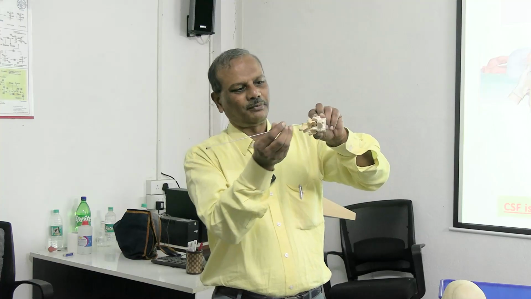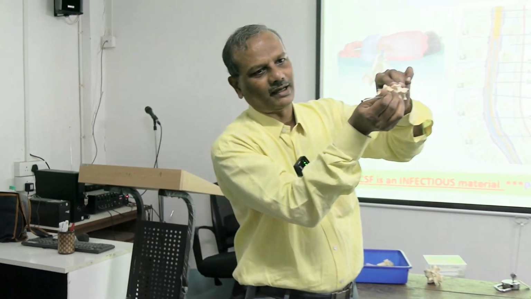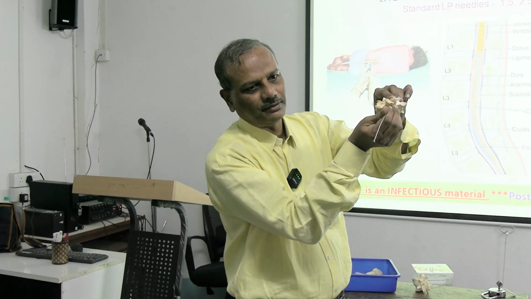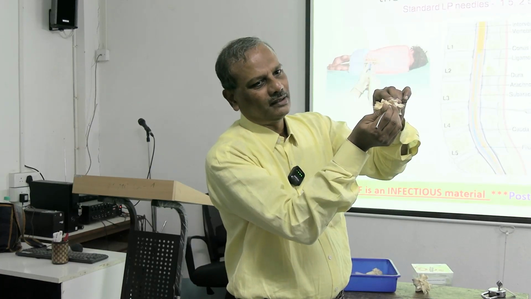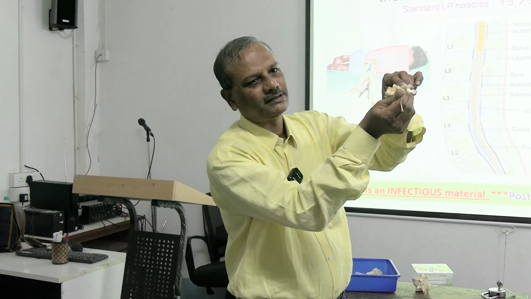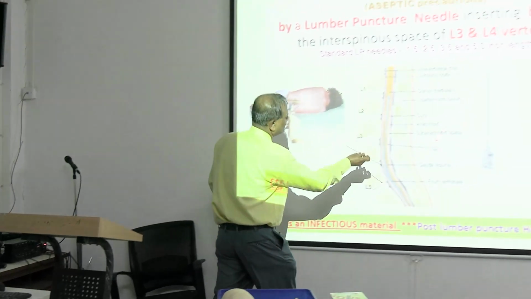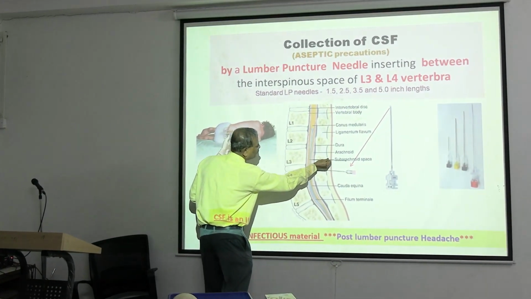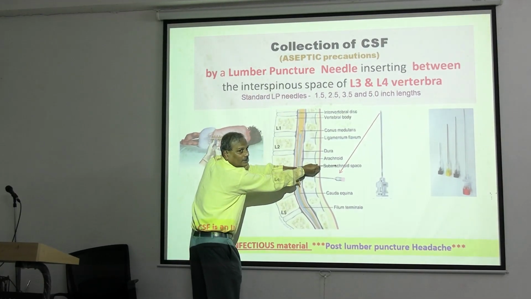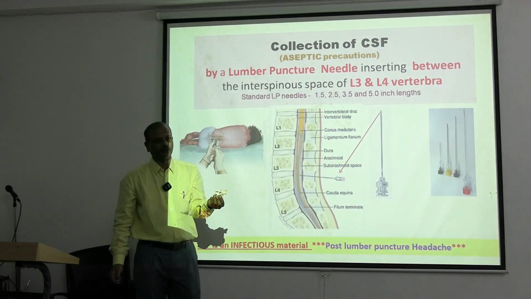Do you understand? You have to put the needle inside, and you must not go directly and hit the other part. Because then you are hitting the other side and fluid will not come, and the needle has gone into the other side of the bone. That means it is touching the other side of the subarachnoid space. So if the needle is touching like this, fluid will not come. In that case, you have to move a little bit. Because the spinal cord is not there, you see the needle is here. If you push a little bit more, it will hit there. You just adjust the needle a little bit. The other side of the needle is open. From the other side, the fluid will start coming, and you collect it in a container.